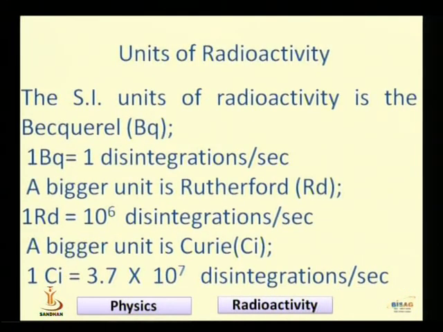Now what is the unit of radioactivity? The SI unit of radioactivity is becquerel, which is equal to 1 disintegration per second. But it is a small unit. The bigger unit is the Rutherford, which is equal to 10⁶ disintegrations per second. And a still bigger unit is the 1 Curie, which is equal to 3.7 into 10⁷ disintegrations per